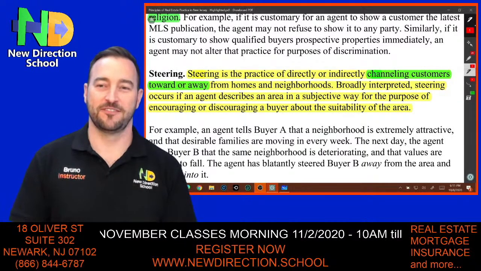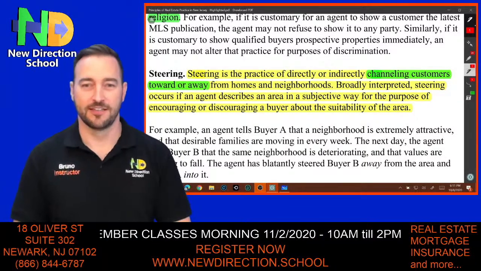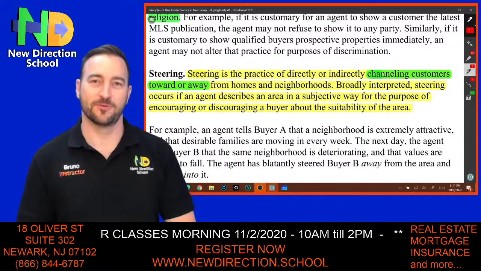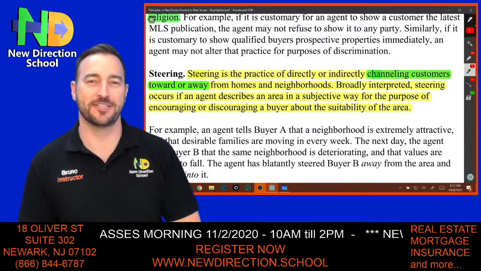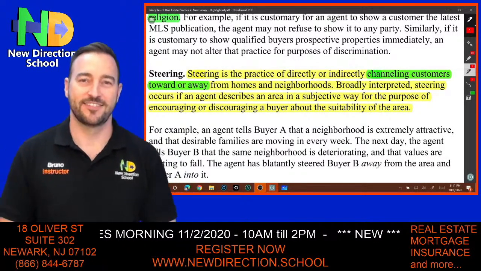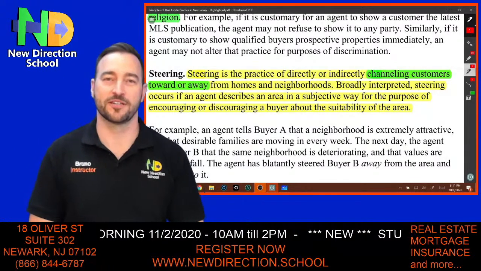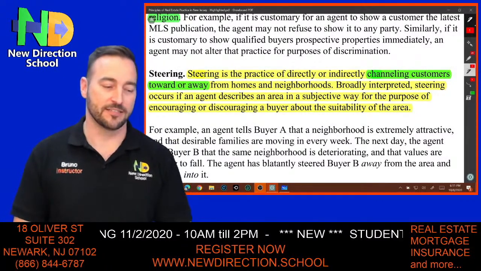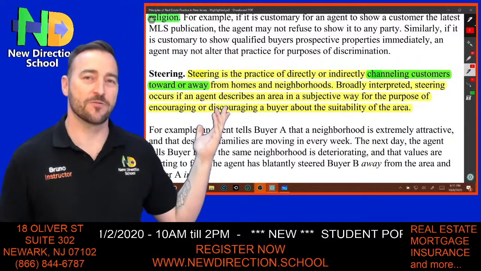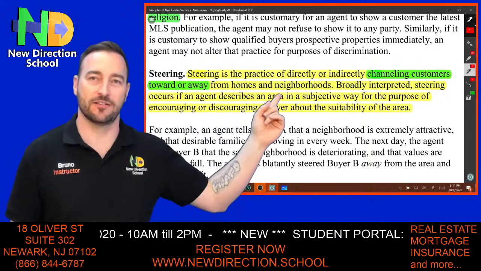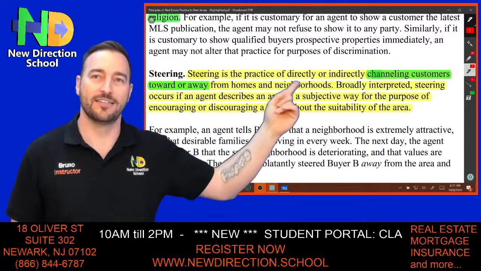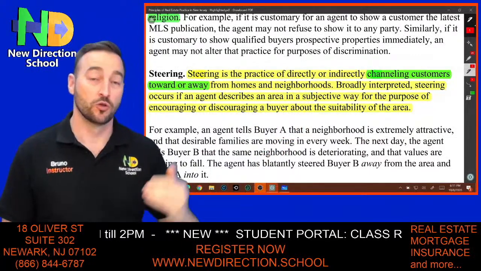Steering wheels, right? Miguel's holding on to one. Elena looks like she's holding on to one as well. So they have steering wheels. What are you doing with the steering wheel? It takes you to or away from a particular area. That's what it is. So steering in real estate is channeling, so directing or indirectly channeling customers towards or away